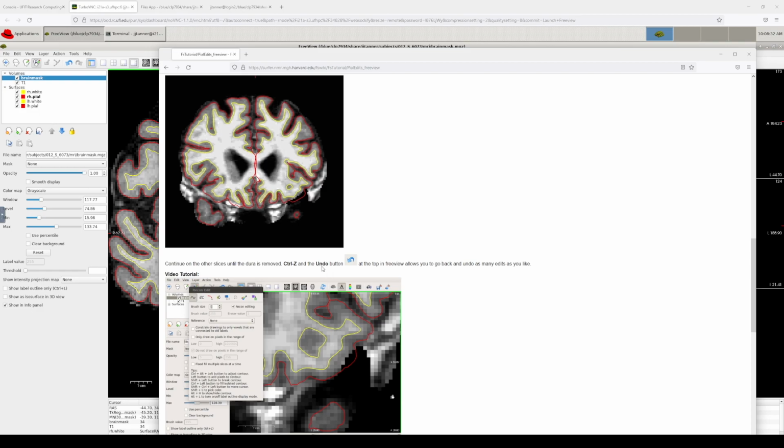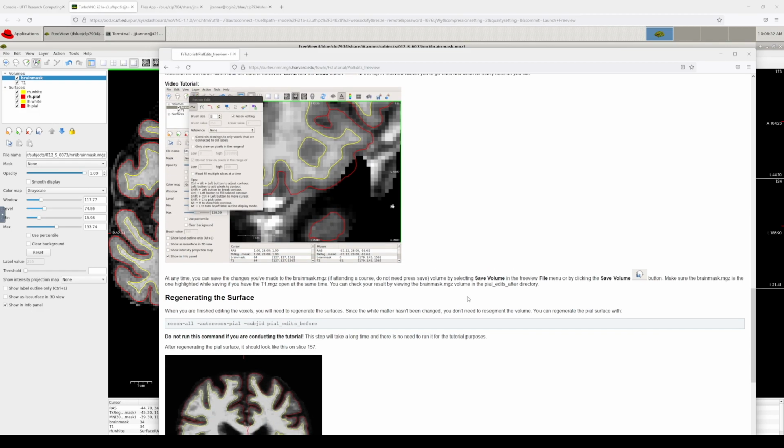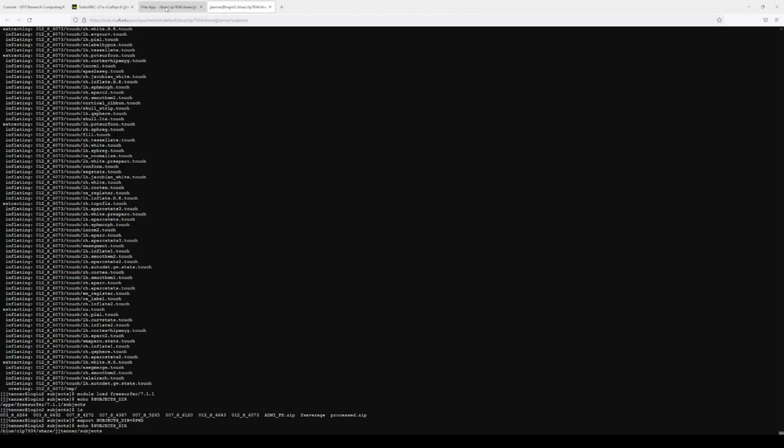You can make the brush size larger if you want. And then once that's done, you can save the volume. So this is where you need to be careful. Ideally, what you do before you start this is you make a backup of that brain mask file. So that could be as simple as being here in,